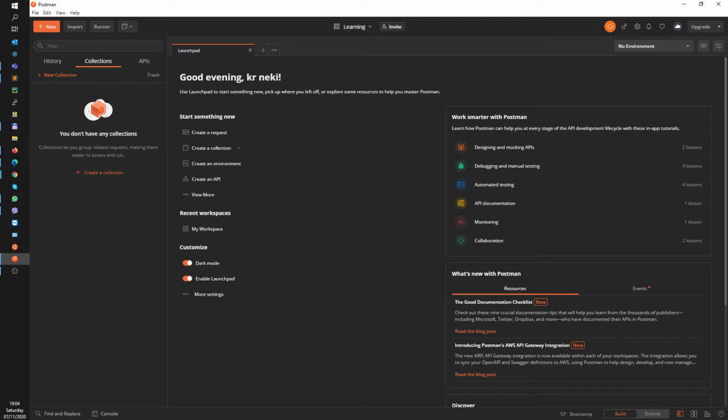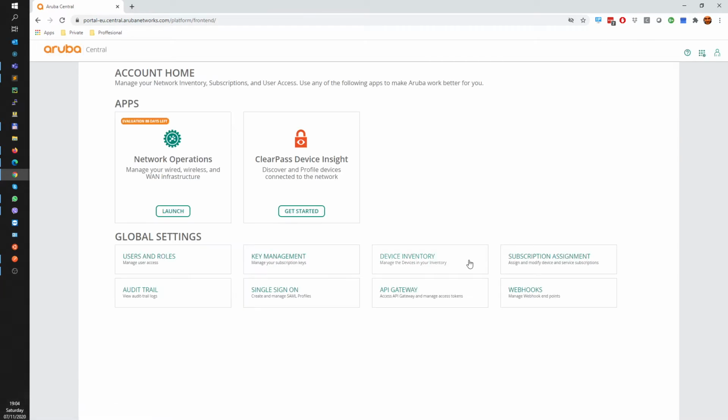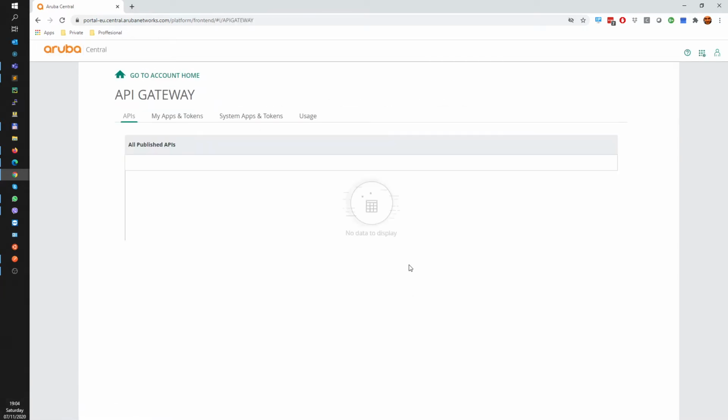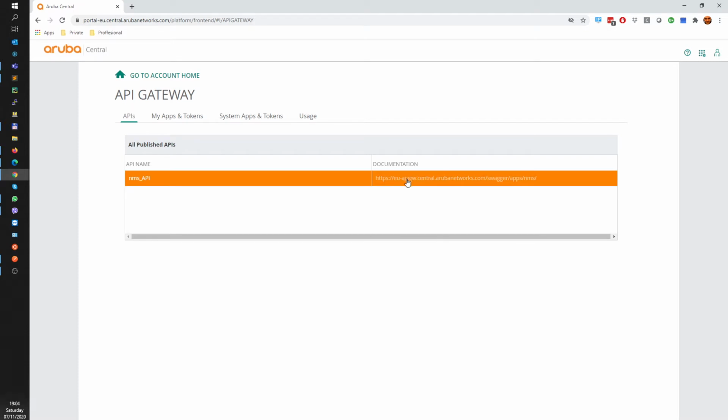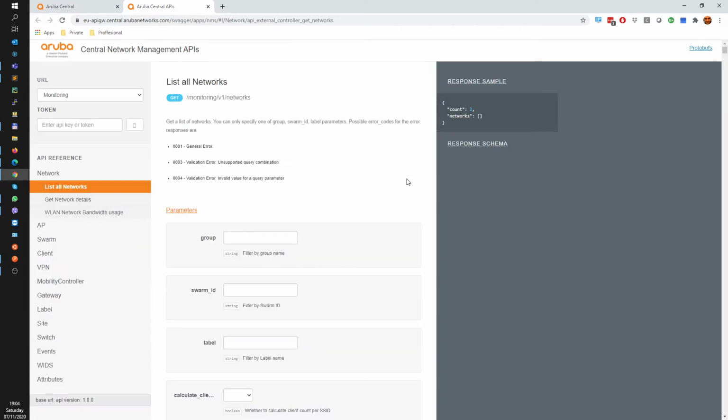But before I go into that, let's first go into Aruba Central and look at the API options there. Aruba Central's API gateway is located under the account home, API gateway. And here under the documentation section, if we click on that, we get taken there.